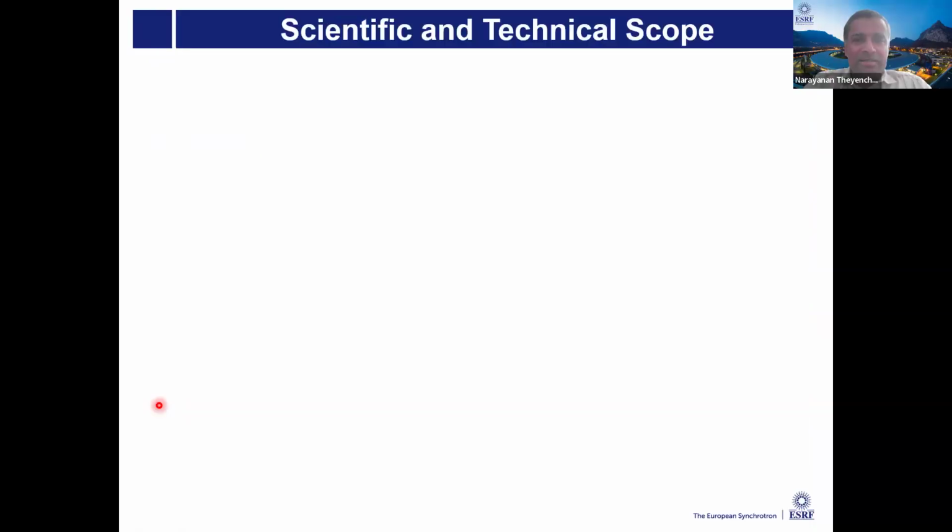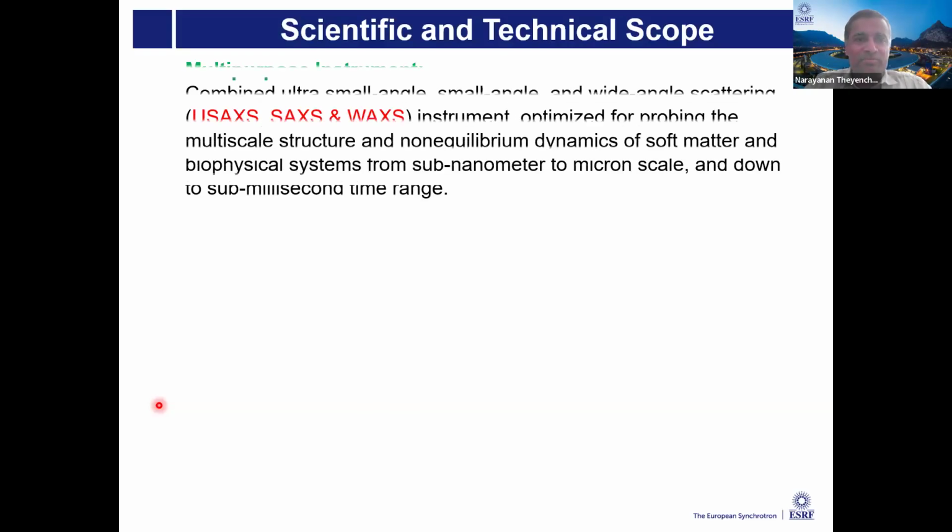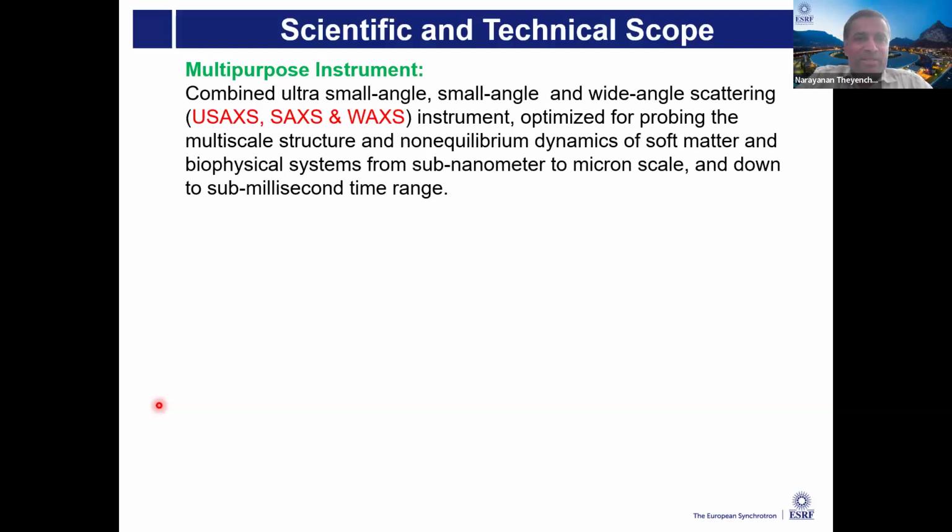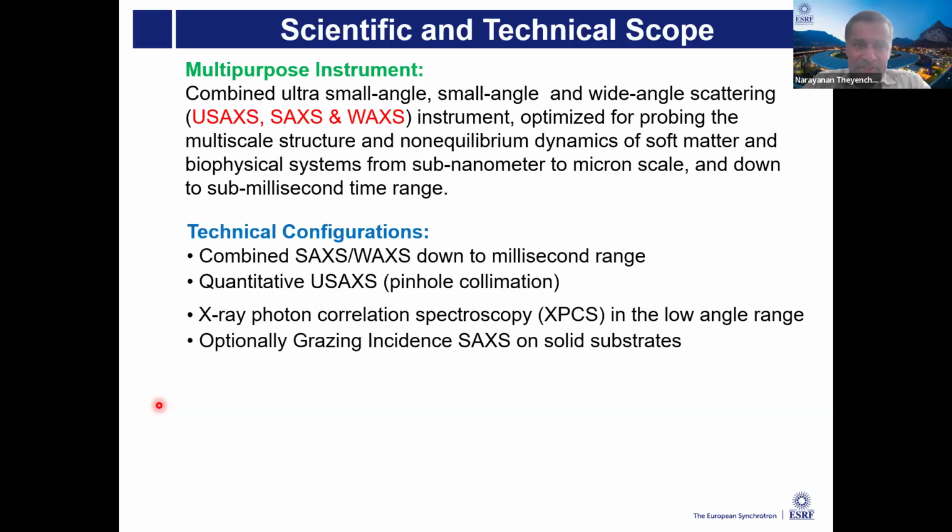Just at the outset, I want to tell you what the scientific and technical scopes of the beamline are. As Tillman already mentioned, it is a multi-purpose instrument where we combine different SAX techniques, ultra small angle, small and wide angle X-ray scattering in a single instrument, and it is optimized for probing the multi-scale structure and non-equilibrium dynamics of soft matter and biophysical systems from sub-nanometer to micron scale and down to the sub-millisecond time range. So this is implemented